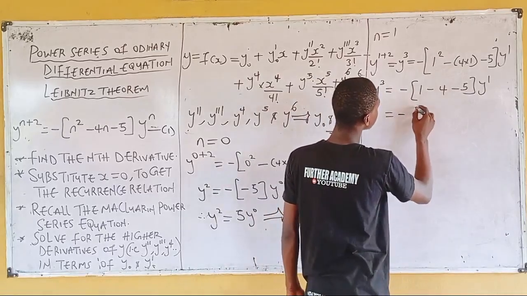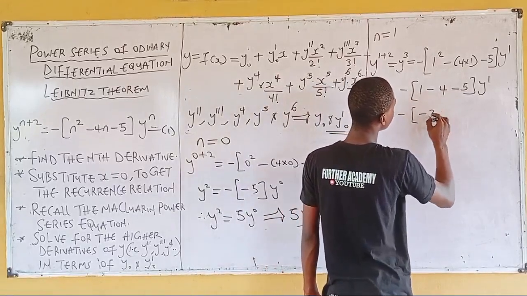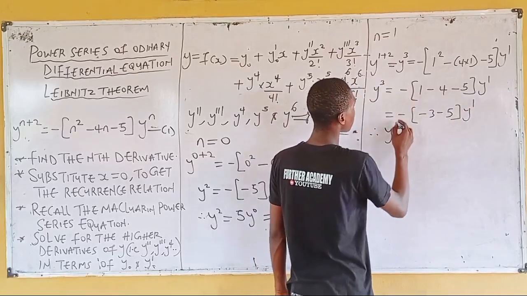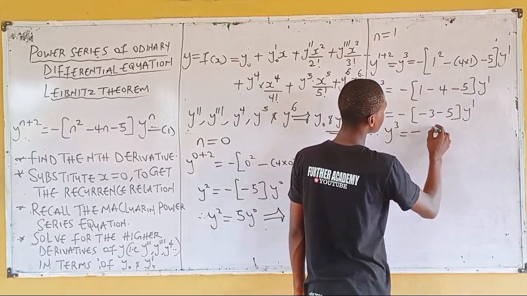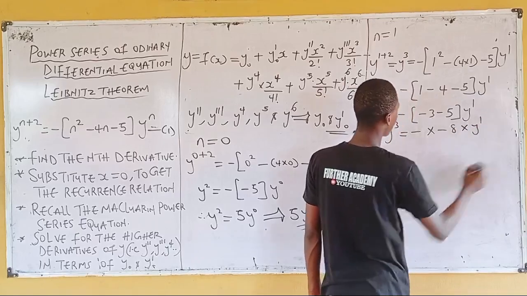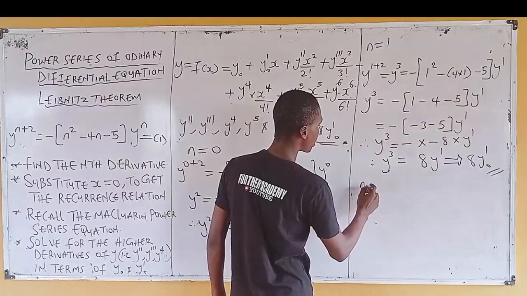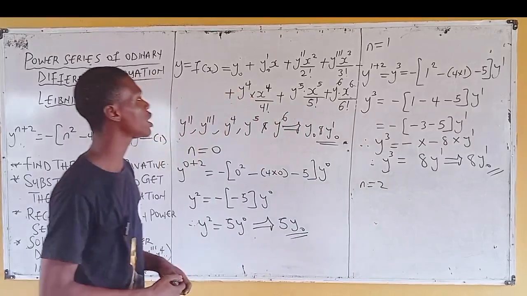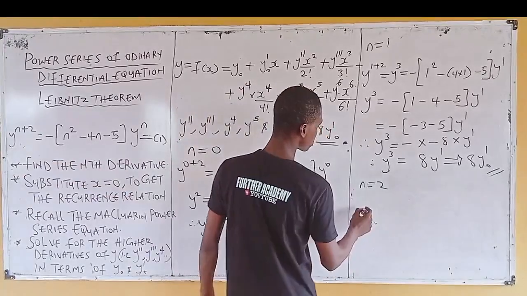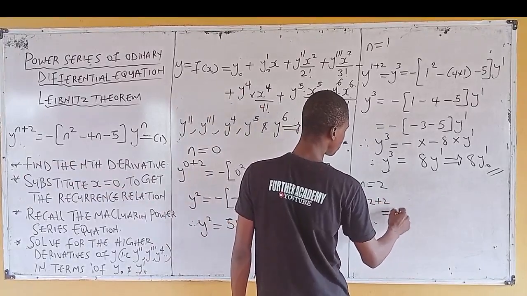Moving on, this becomes negative all into bracket negative 3 minus 5 multiplying y prime. Therefore, y raised to the power of 3 becomes negative multiplying negative 8 multiplying y prime, meaning y raised to the power of 3 is equal to 8y prime. The next one is when n equals 2. Anywhere I see n in my recurrence relation, I substitute. So it becomes y raised to the power of 2 plus 2,